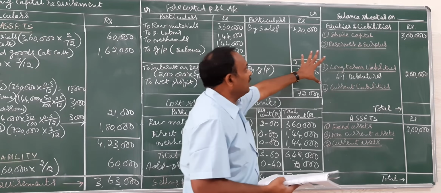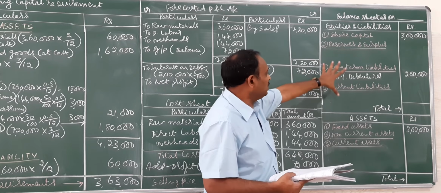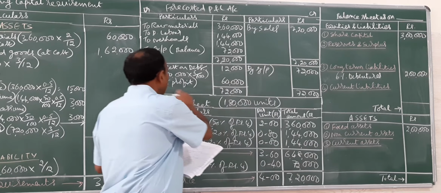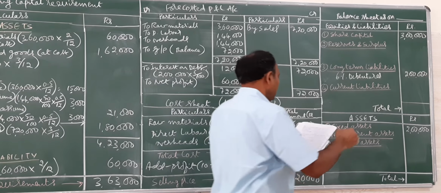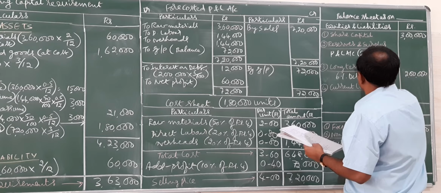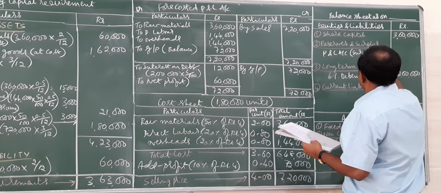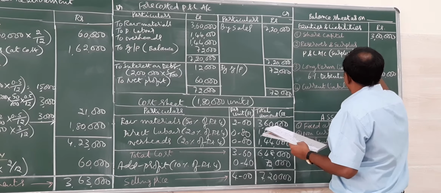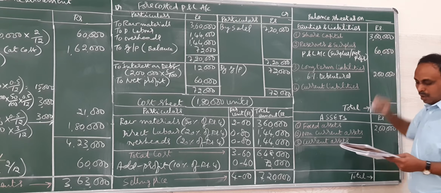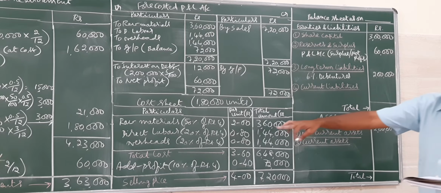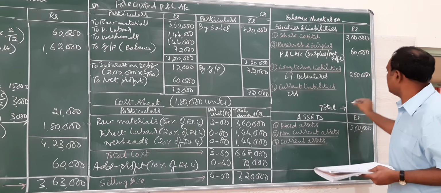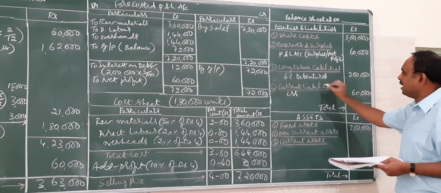Then we'll try to fill the remaining information about the balance sheet, assets and liabilities. We have already filled share capital and we have a net profit now of 60,000. The net profit will become the reserves and surplus, nothing but surplus or net profit. It comes to 60,000. Then we have to go for taking the current liability. One liability we have here, that is creditors, 60,000 current liability.